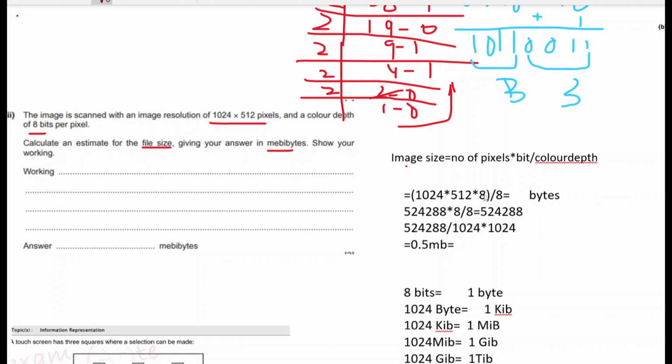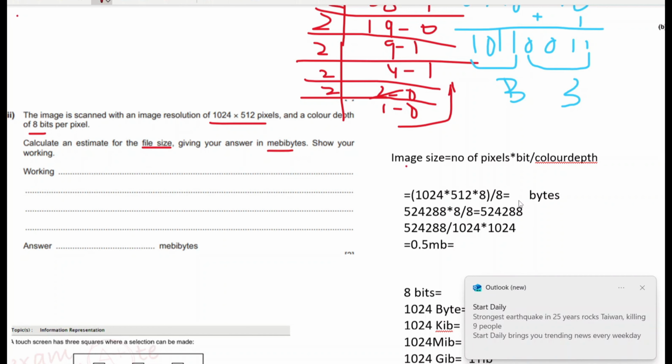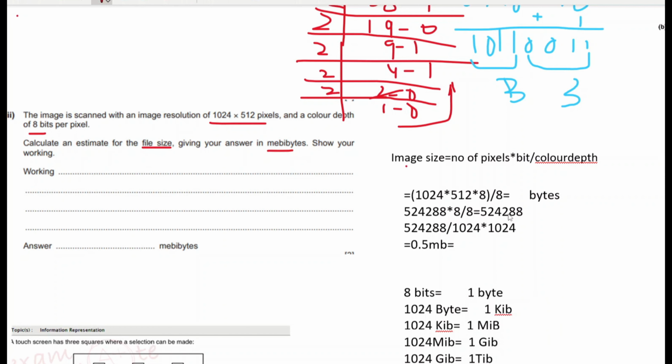So I have to move forward and convert it into bytes. From bits I will shift toward bytes, because 1 byte equals 8 bits. Whenever you are converting bits into bytes, you are moving from a smaller unit to a bigger unit, so remember, you have to divide by 8. Why 8? Because 1 byte equals 8 bits. After dividing by 8, I will get the answer in bytes. So 8 will be cancelled by 8, and the final answer I will get is